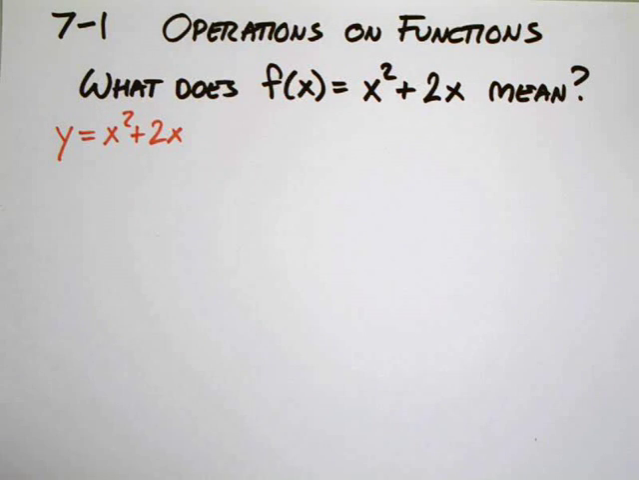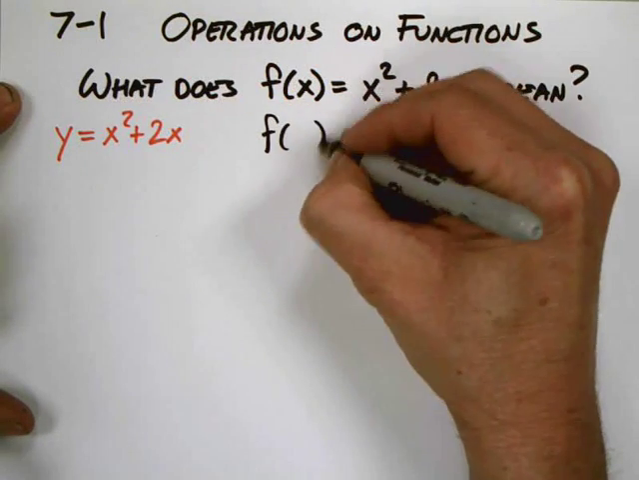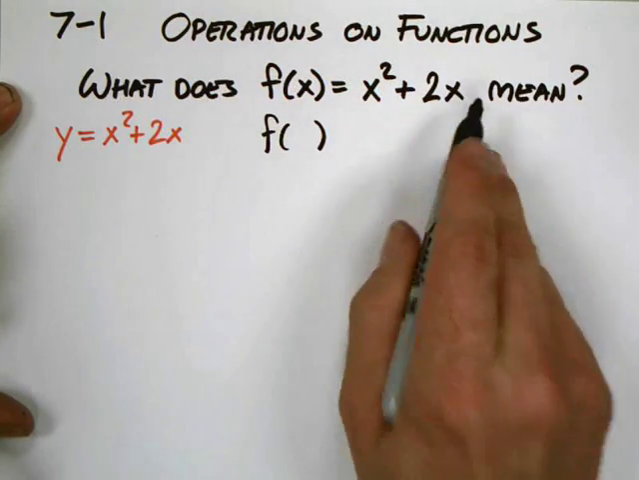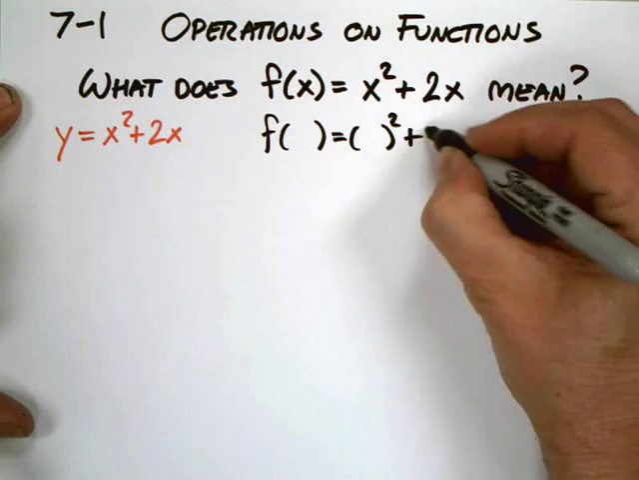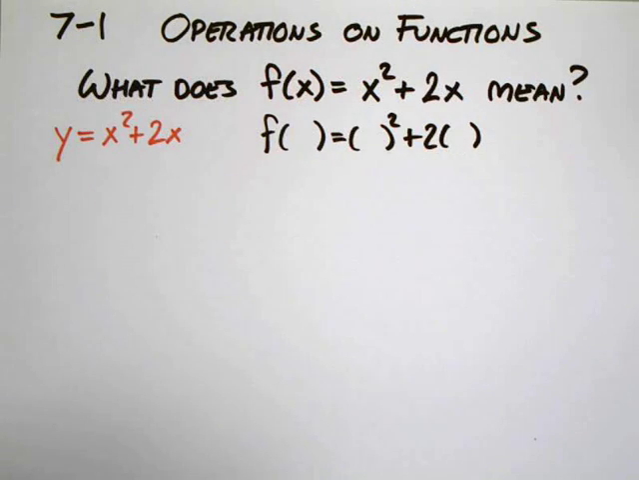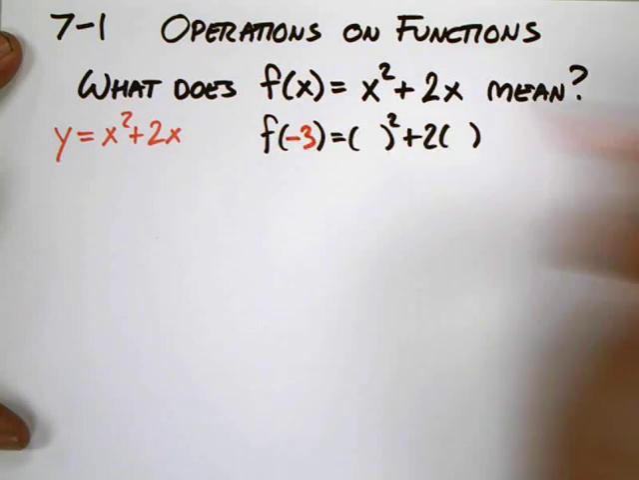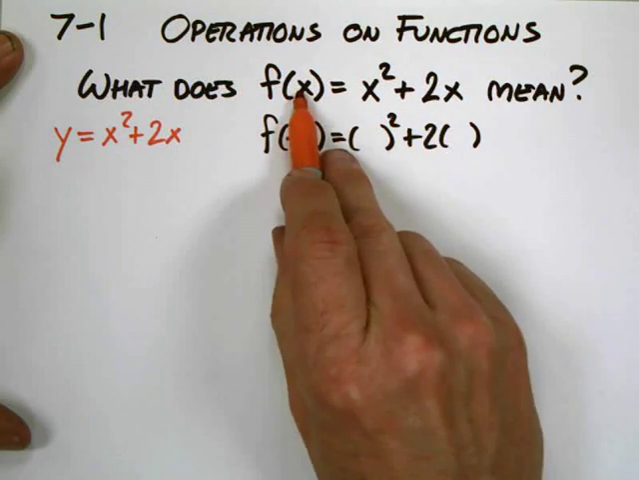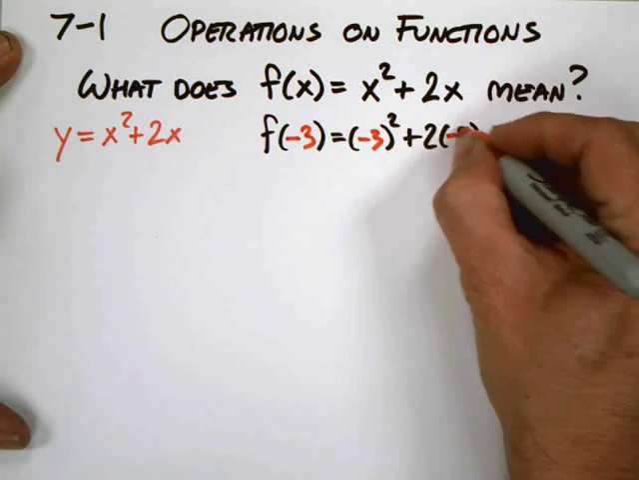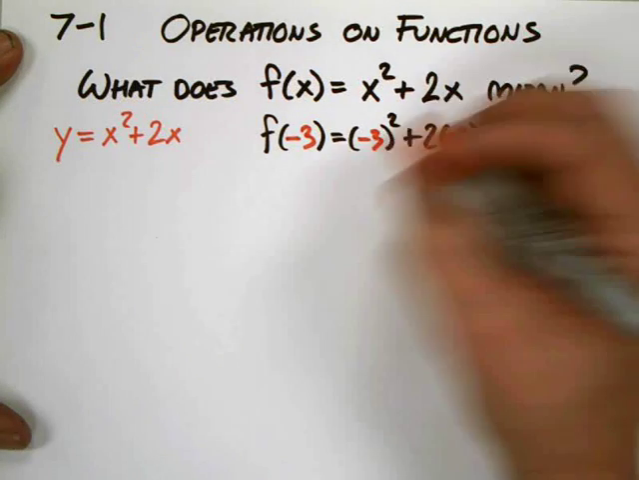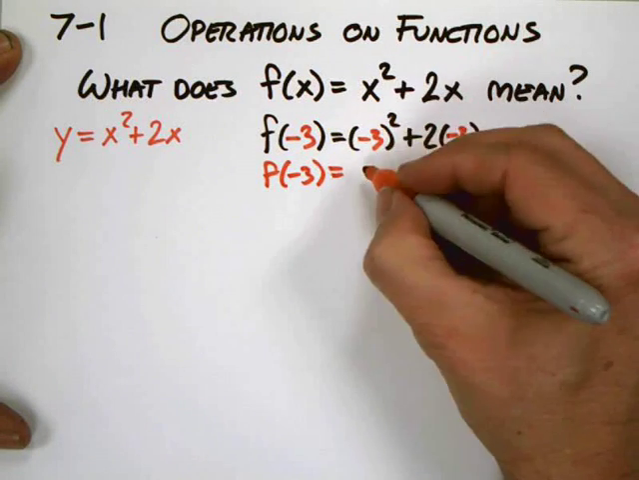So when it says f of x, it's actually telling us how much this function x squared plus 2x is going to be worth when instead of x, we plug in a number. That number can be anything. That number could be minus 3. So instead of an x in this function, we're going to plug in a negative 3 everywhere that we see an x. So this function at negative 3 would be worth negative 3 squared, which is 9,